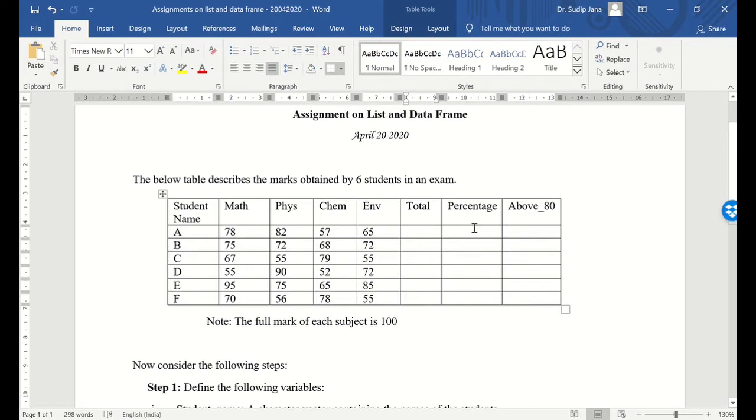percentage of marks they obtained. How to do that? So you have the total marks, then divided by the full marks. So full marks for each subject is 100, so total 400. So total marks divided by 400, and then if you multiply that by 100, then you will get the percentage. Okay,